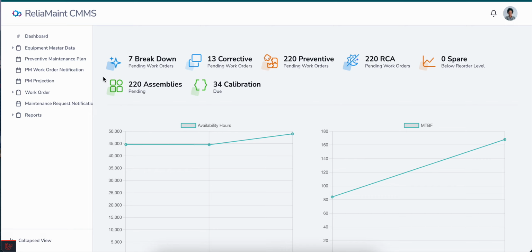This figure is a little high, but it is only for example. Sub-assemblies pending means they are not ready. There is some work order against them, and then there are some 34 requests for instrument calibrations. So this is the first aspect of information.